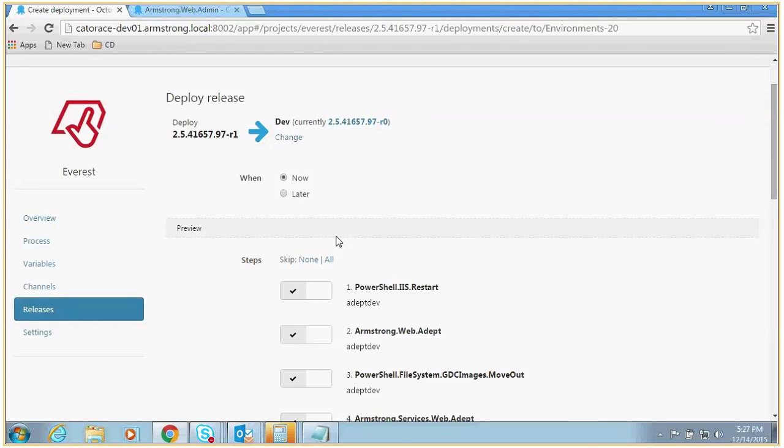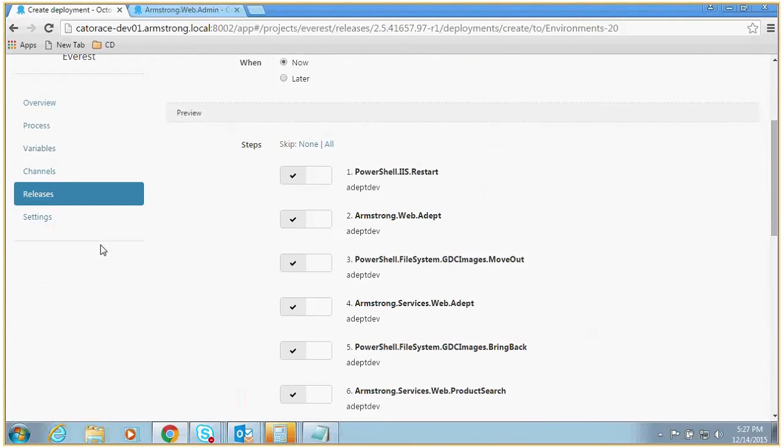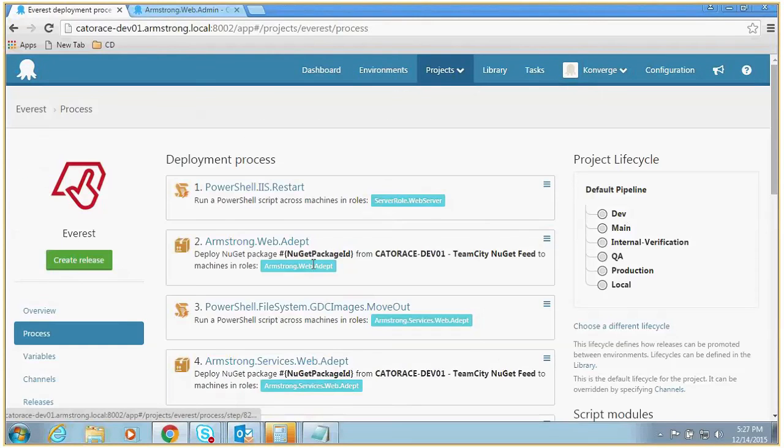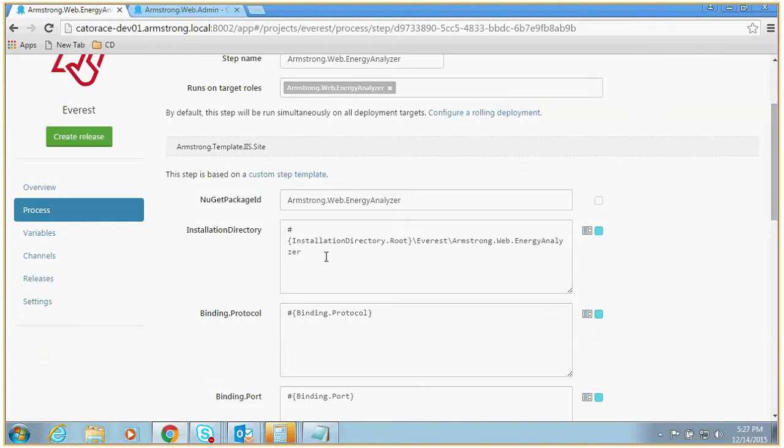So now, guess what's going to happen when we deploy this thing? The site for energy analyzer doesn't exist. The site is going to be created; the step creates the site. You didn't do the transform. Related to that, there are no variables that define those things in the steps. If I go to this step, it requires a variable called